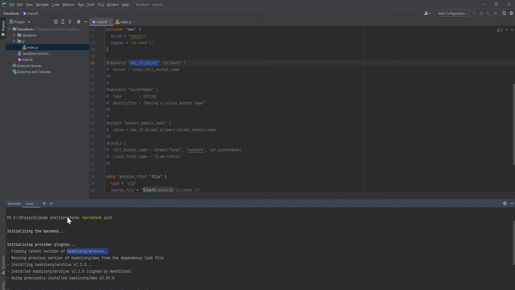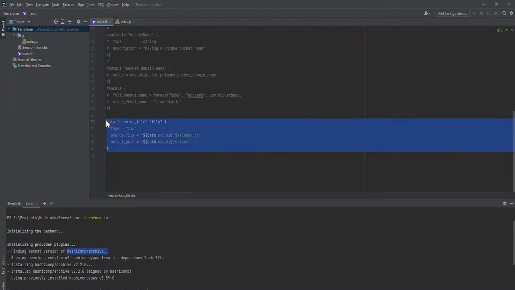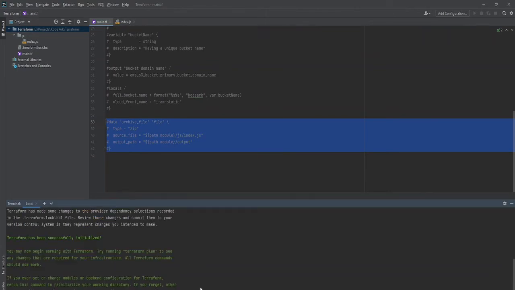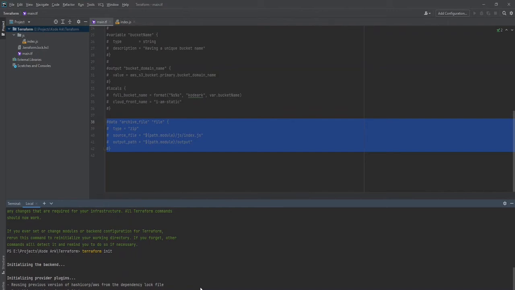Just to tell you how Terraform init works, I'll quickly delete this one and comment out everything, and I'll run Terraform init once again. Now we are only looking for AWS, as we have seen, and it will try to delete the other one.